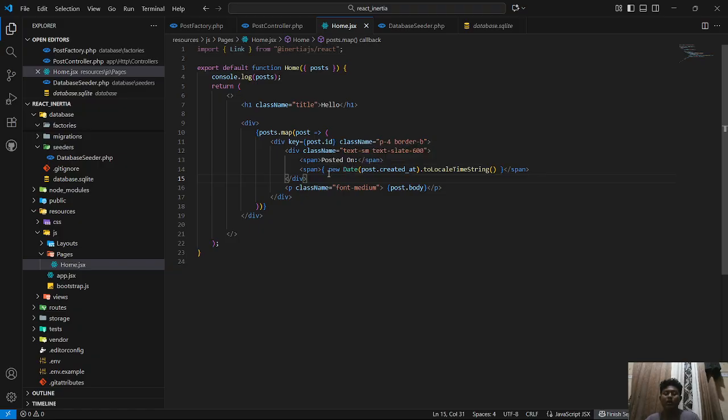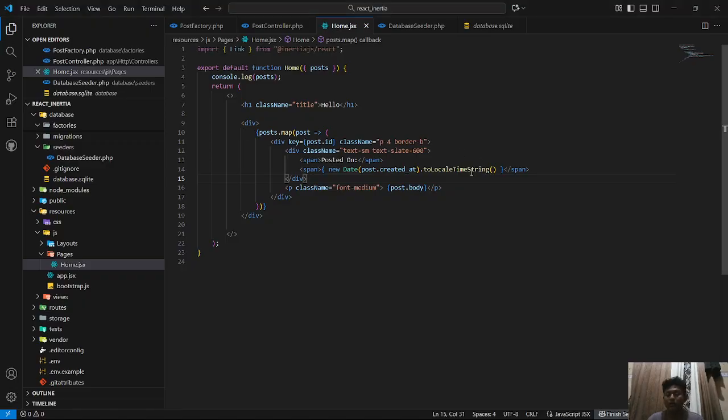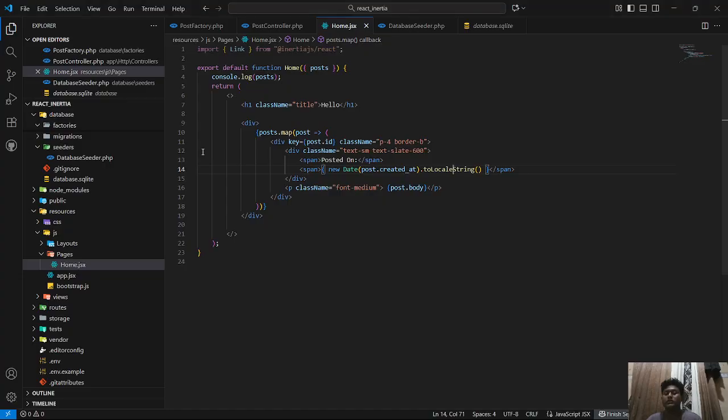And why do we use new Date().toLocaleTimeString, so that it looks like this. If we don't add time, we get the date, month, and year.